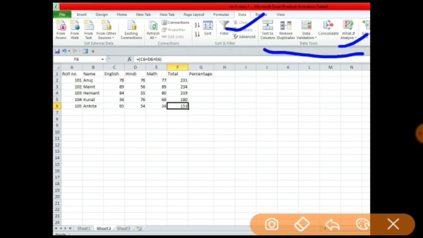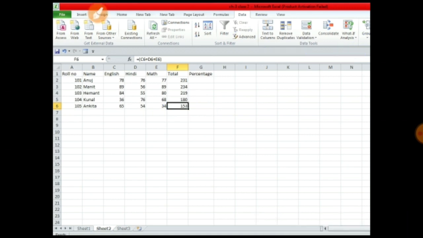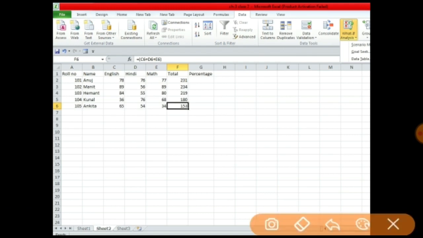Before clicking on this option, you have to first select the value which you actually want to change. Suppose here we are having a student Ankita having total marks as 153, and she is having the least marks, right? So I want to know how many marks she requires at least to grab 200 marks, right? So what we have to do, check it very carefully. Click on the What-If Analysis option. Then you can see here we are having three options.